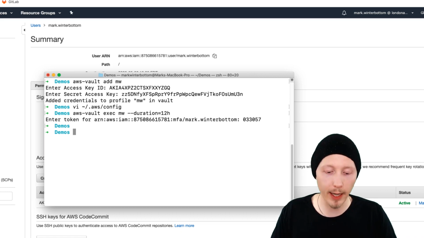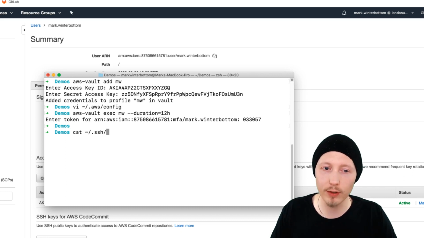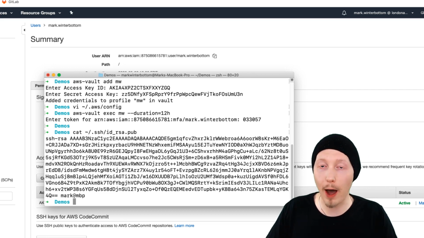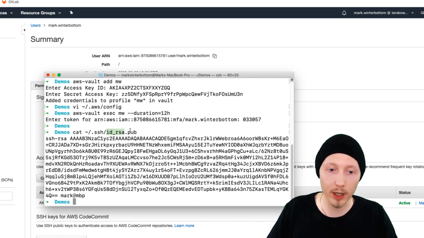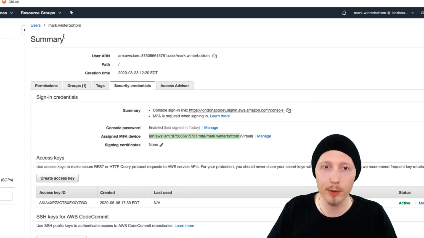And by default, they're in the home directory under .ssh, and the key that we want is the id_rsa.pub. So I'm going to type cat, the tilde character, /.ssh/id_rsa.pub. This will output the public key for the default key that I have on the system. So the default key is stored under id_rsa, and the public key is .pub after id_rsa. Okay, so I'm going to copy the contents of this and then head back to the AWS console,